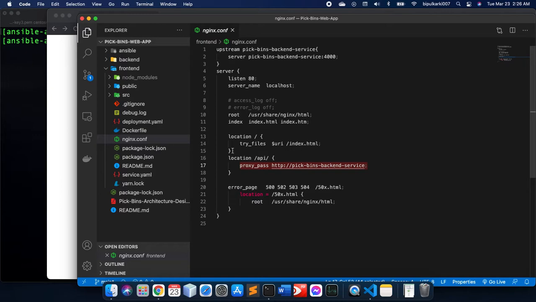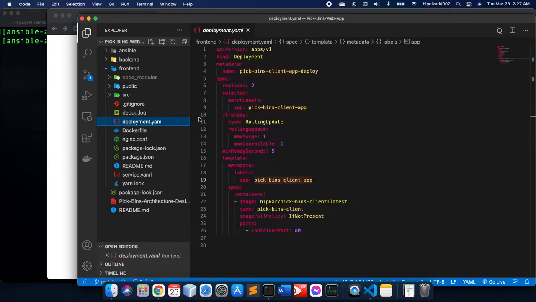Any calls other than API calls will just go over here and make the front-end calls. Anything other than these calls gives us the error message. Sorry. So that's for the Nginx. And if we go to the deployment of our front end, we're using the same thing